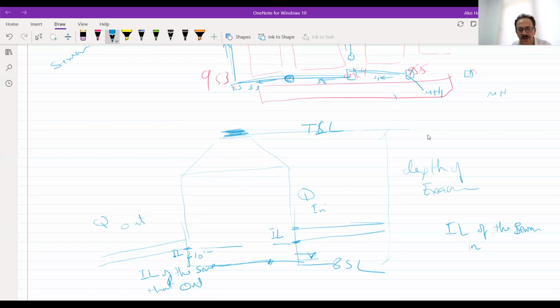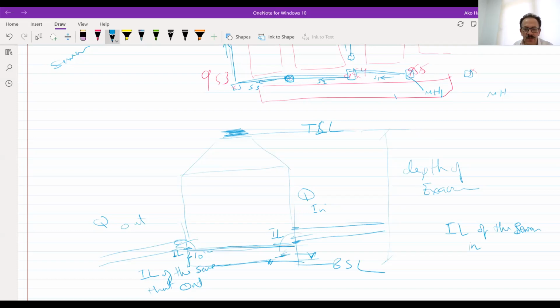We need to have a dead volume, let me say, because if the sewer carries some solid materials, or stones and something like that, we want these materials to stay here, not to escape to the next sewer.